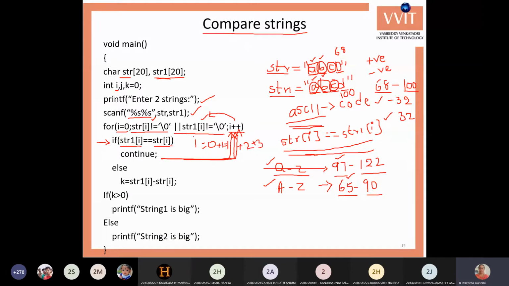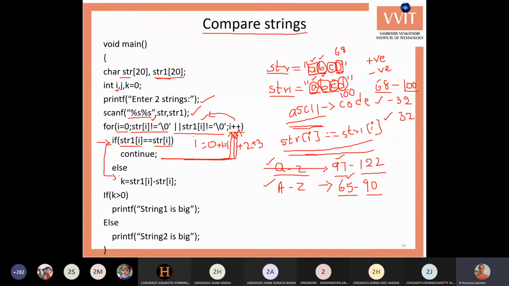Now from the first string it takes a capital D, and from the second string it takes a small d. Here these two characters are not equal, so it comes to the else block. Here str1 of i minus str of i, so we are taking the difference of these two characters, which will be stored into the k variable.